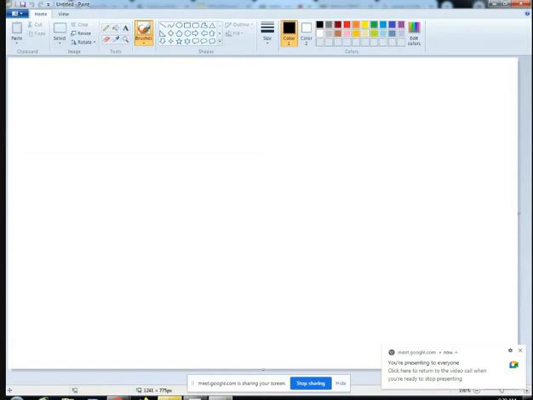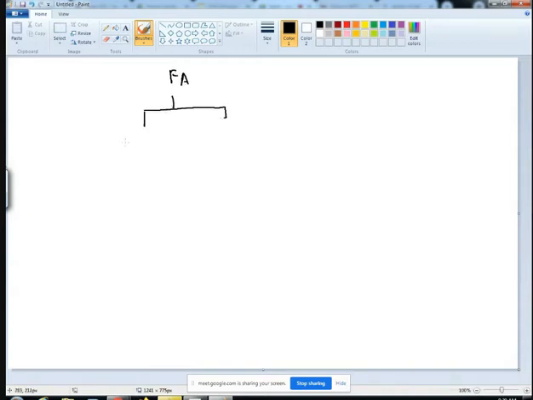Okay, let us start, student. Last time we have seen that finite automata are of two types. I told you that finite automata are of non-deterministic finite automata and deterministic finite automata. In non-deterministic finite automata, it may not be necessary that every input symbol is used, and also it is not mandatory that it has to be used once. Whereas in DFA, it is mandatory that every input symbol should be used once, and all the input symbols should be used at all the states. That is your deterministic finite automata.